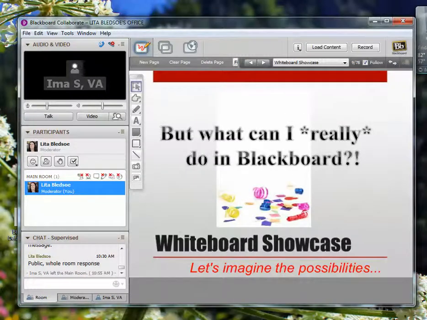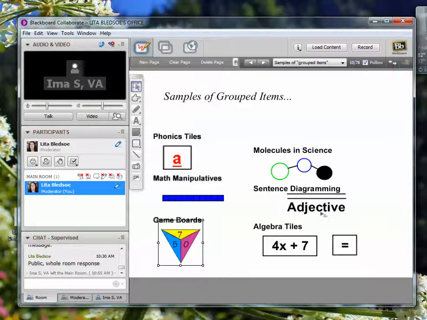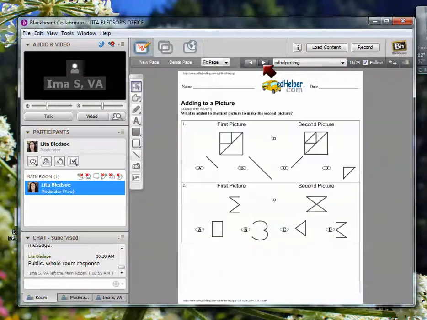And to give you a taste of some of the things that we might be learning, I'm going to show you some of the games and other activities that I've acquired over the years, and I'm going to go through these very, very quickly because it's really just to give you an idea of what's possible in Blackboard. You can actually group items together. Now remember, our pointer here allows you to move things around, but you can group items together so you can make objects that are a lot more complex. You can make algebra tiles, things like that. So we'll learn how to group and make those items.